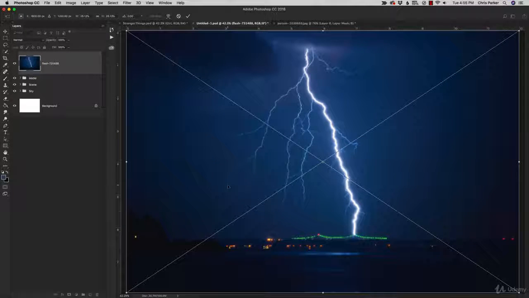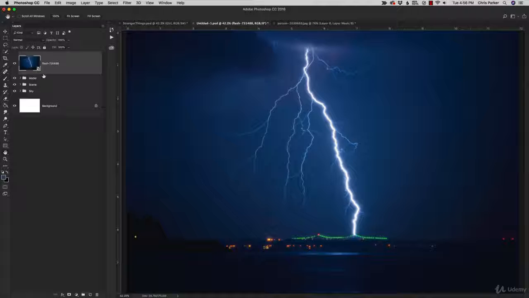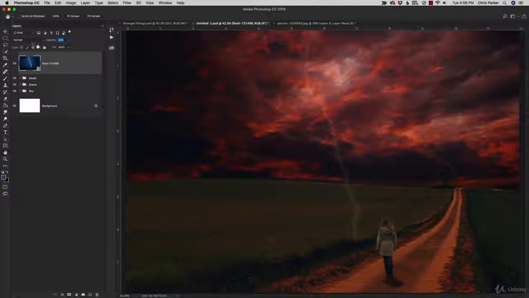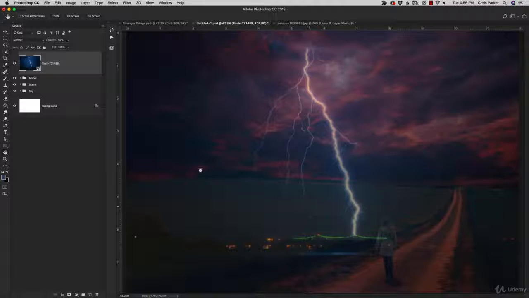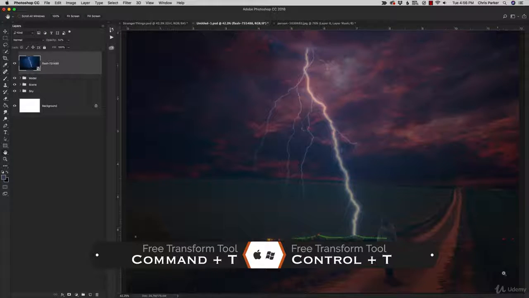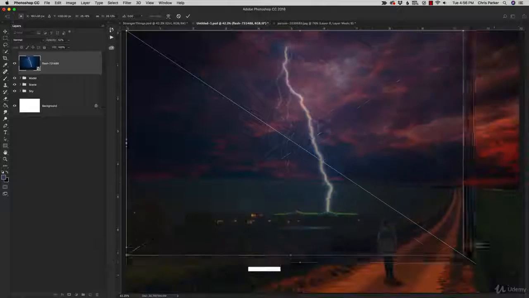All right, I want to resize it, but I'm really not sure what size I need right now because I can't see the rest of the image. So I'm going to go ahead and click enter or return, and I'm going to drop the opacity down, and that's going to give me the view of the images below it so I know what size to resize it to. So with Command or Control and the letter T, I'm going to get the free transform tool again,